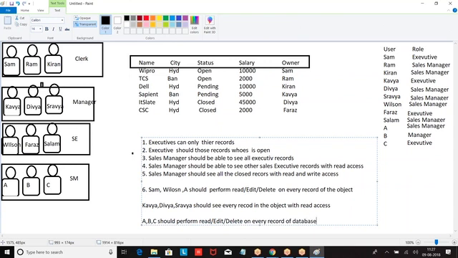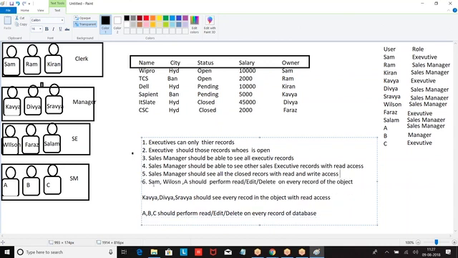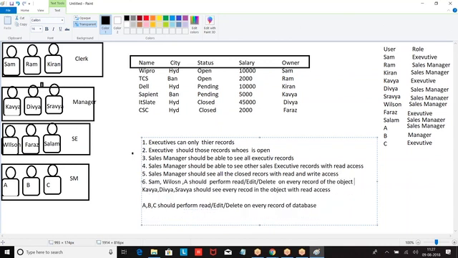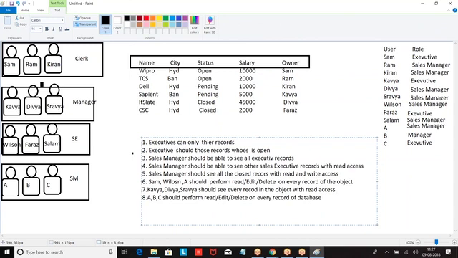So this is the complete requirement. From this complete requirement, you are supposed to analyze what should be the auditability, and then how you give the extra permissions. That's your choice. Then Sham, Ram, Kiran should not delete any record.